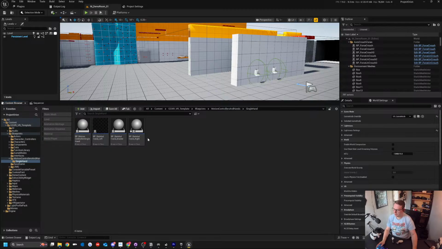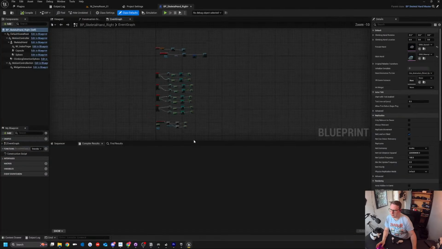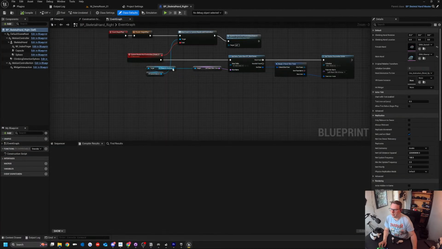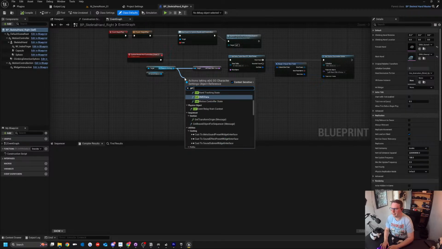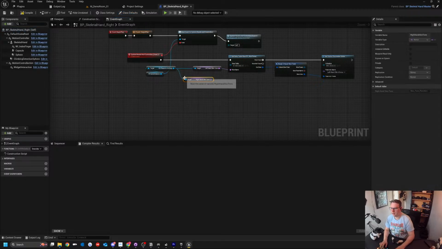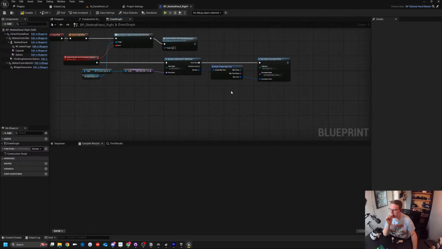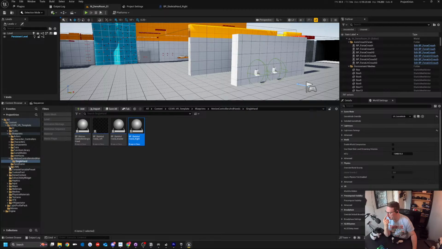There we go. Just needed to delete the reference. And then we say get right hand skin tone. Right hand parameter. I'll save. Save all. And we need to make sure that our player